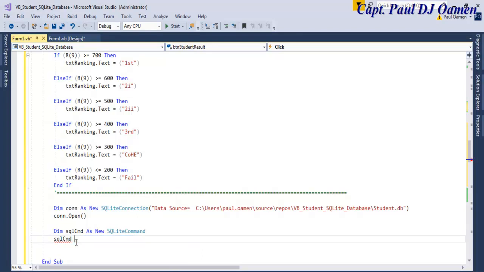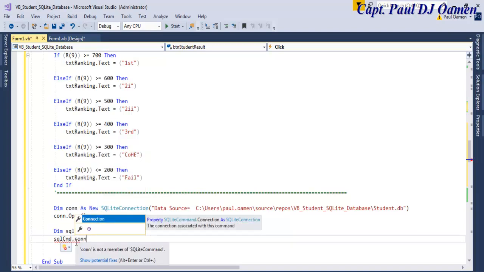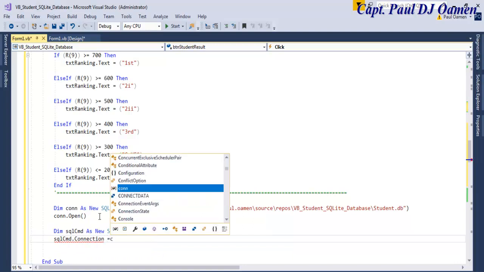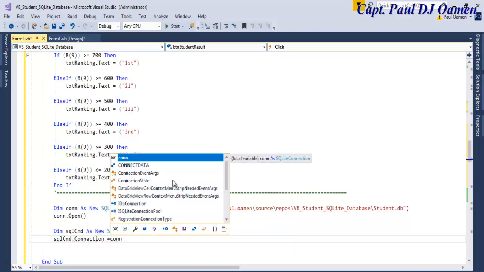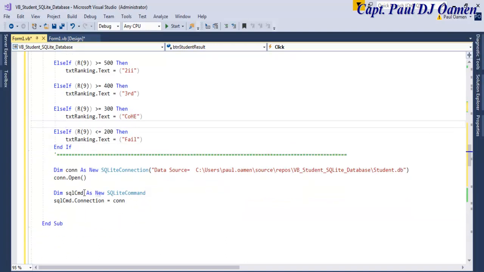Okay, equals say.connect, dot connection equals connect right there. So come right down a little bit. Now I'm going to use this SQL command